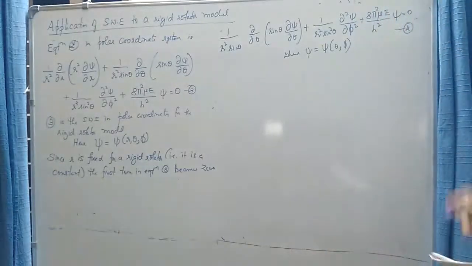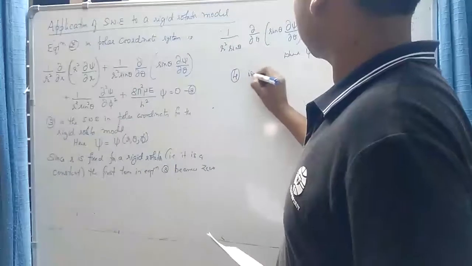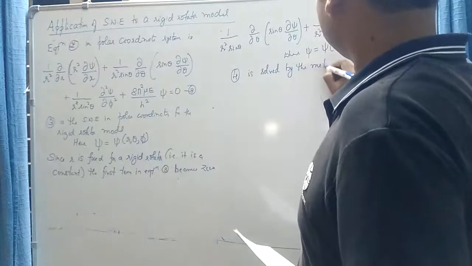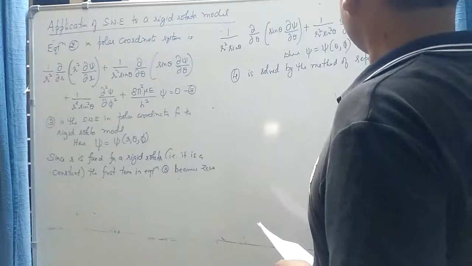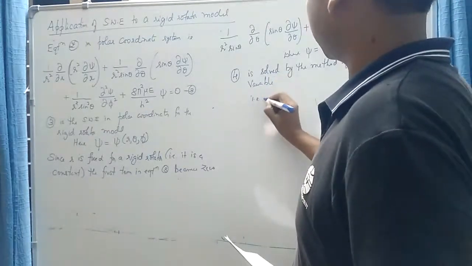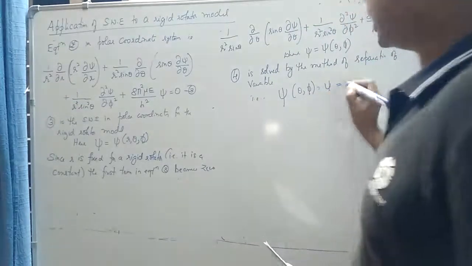So equation number 4 is a partial differential equation consisting of two variables, and this equation is solved by the method of separation of variables. So what is the assumption we make in the method of separation of variables? Equation 4 is solved by the method of separation of variables. That is, we are assuming that the overall function psi of theta comma phi can be expressed as a product